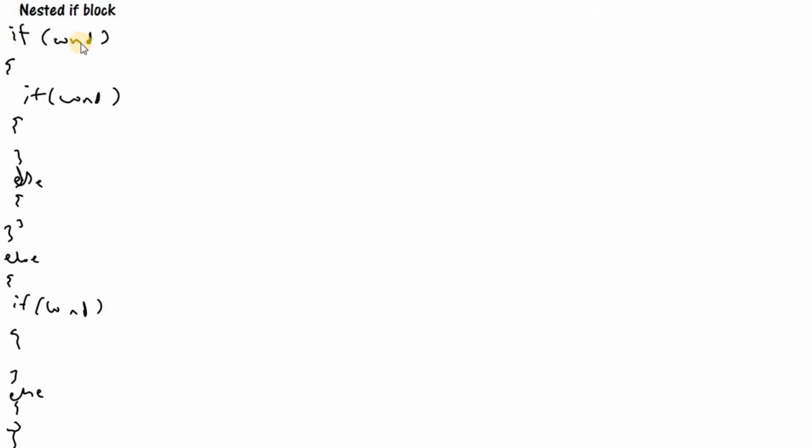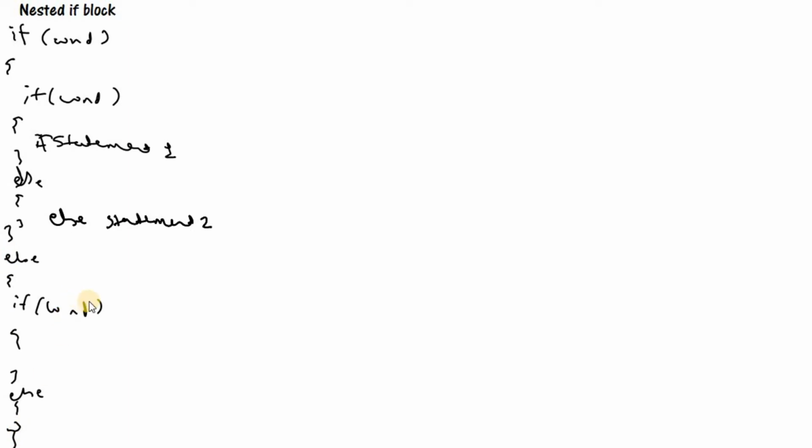If the first outer if condition is true and the inner if condition is true, then only statement 1 executes. But if the outer condition is true but the inner condition is false, then we go to the else part of the inner if condition. In that, else statement 2 executes.